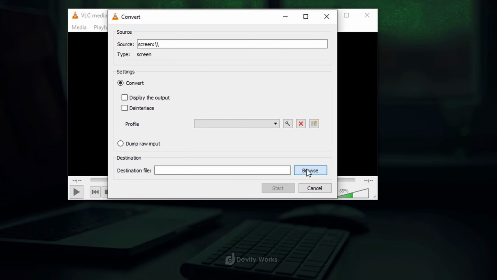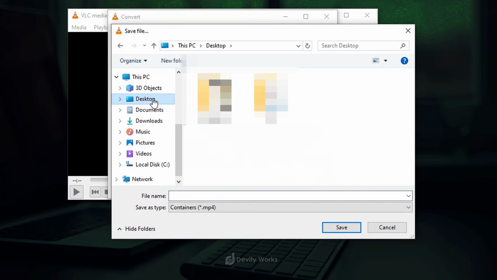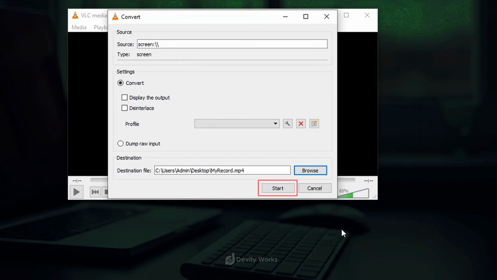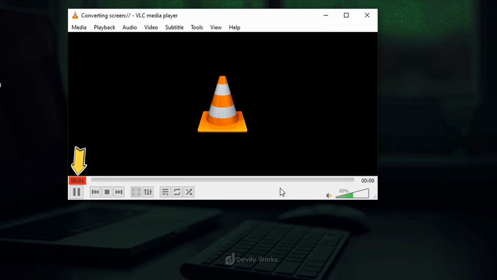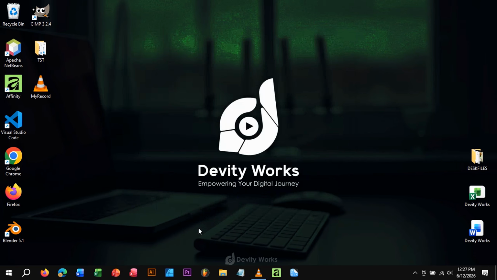Click Browse to choose where you want your recorded video to be saved on your computer. Give your file a name, then click Save. You're now ready to start recording. Simply click on Start. You'll see the timer begins counting, which means everything happening on your screen is now being